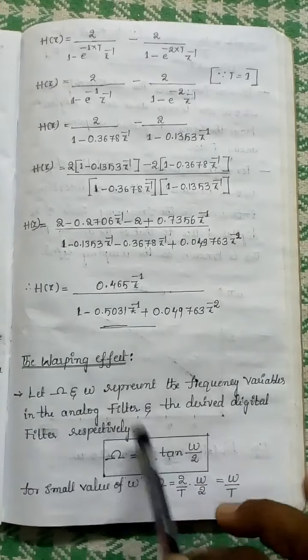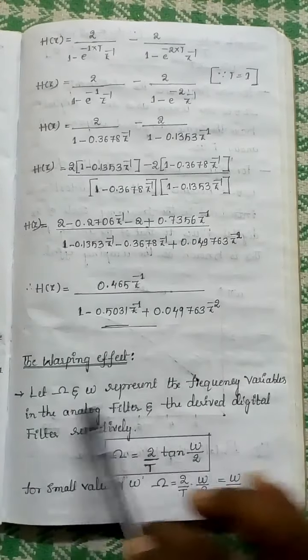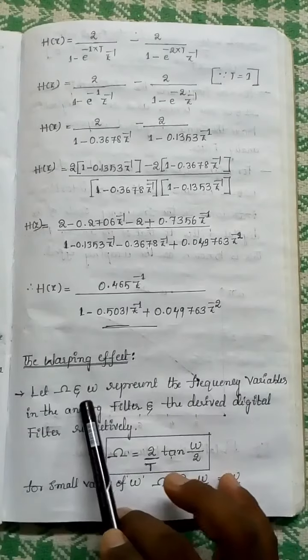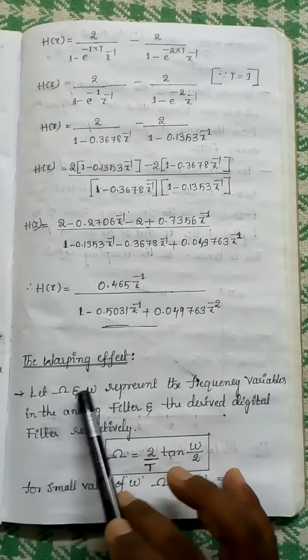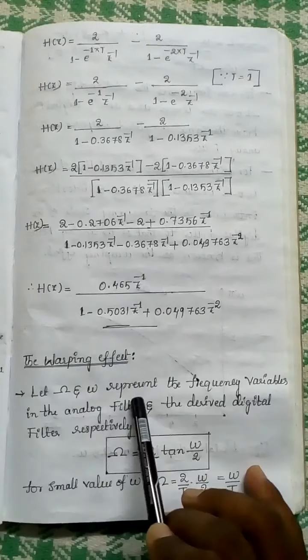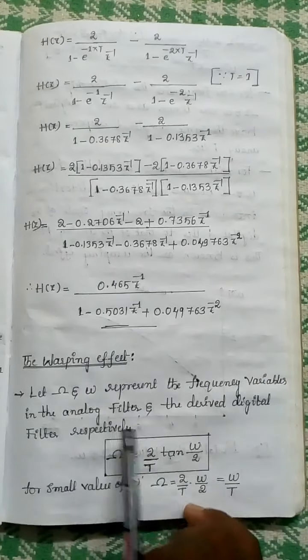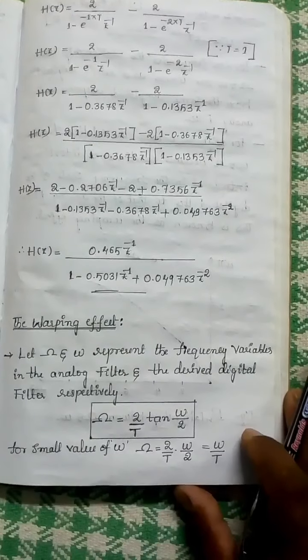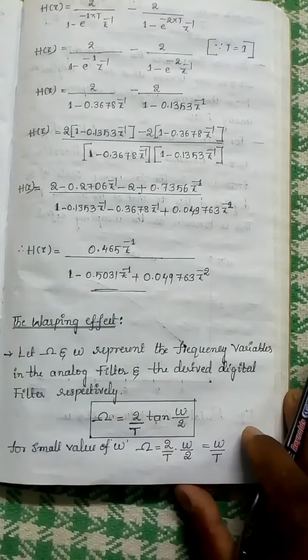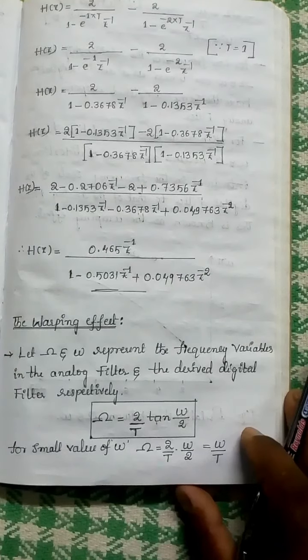So for this equation I am saying the full definition. Let Ohm and omega, these two are in frequency. Clear, these two are in frequency. Ohm and omega represent the frequency variables in the analog filter and the derived digital filters respectively. This is a very important equation, and that should be Ohm is equal to 2 by capital T tan